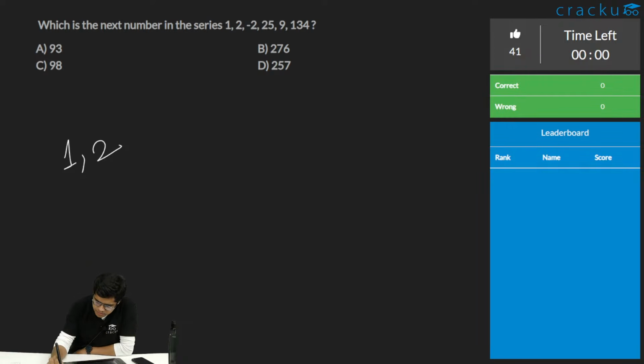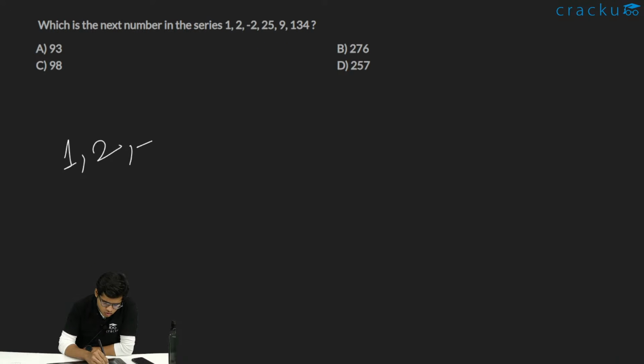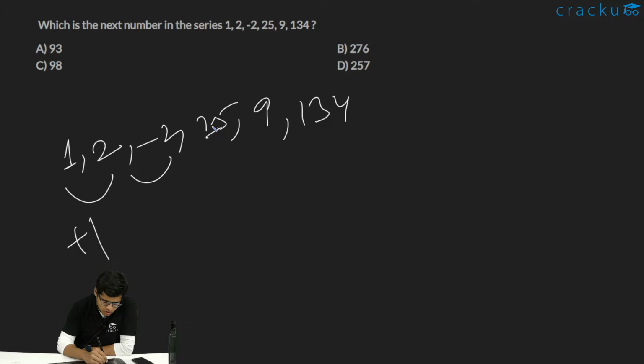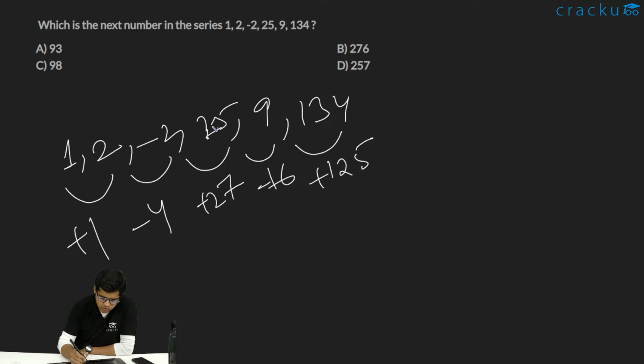Okay, let's see. 1, 2 minus 2, 25, 9, 134. 1 plus 1 is 2. 2 minus 4 is minus 2. Minus 2 plus 27 is 25. 25 minus 16 is 9. 9 plus 125 is 134. So what is happening is plus 1 square minus 2 square plus